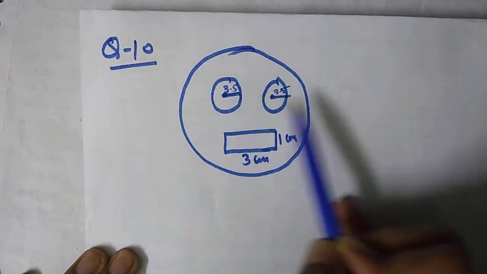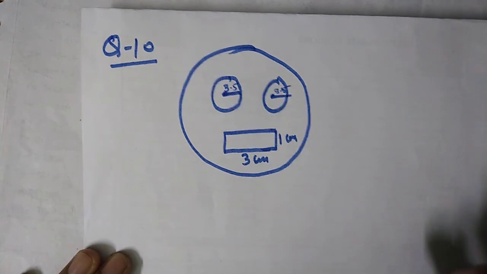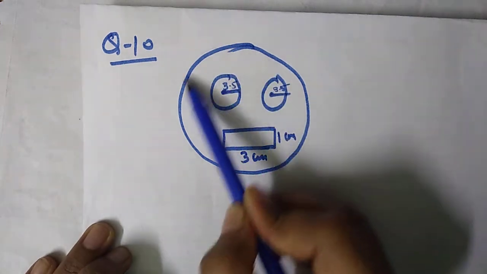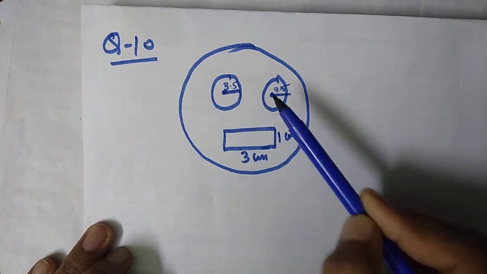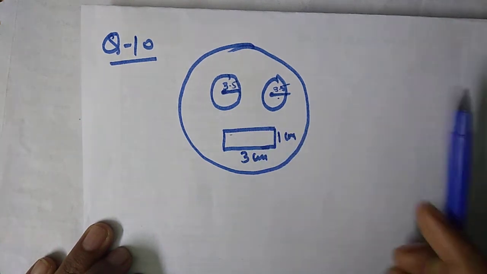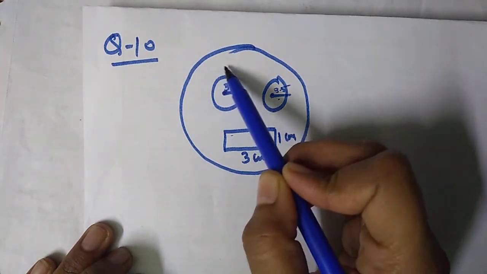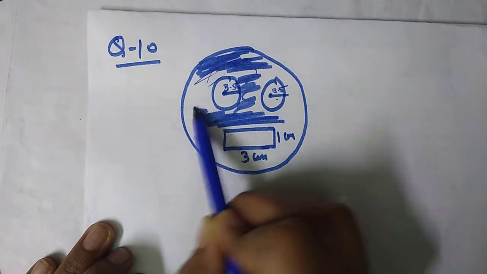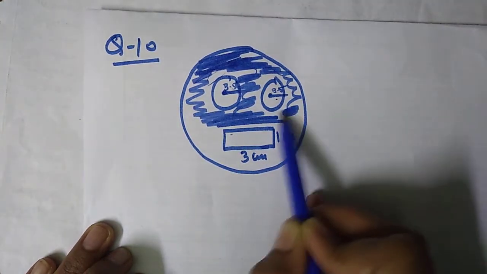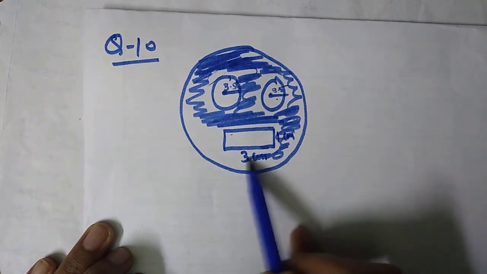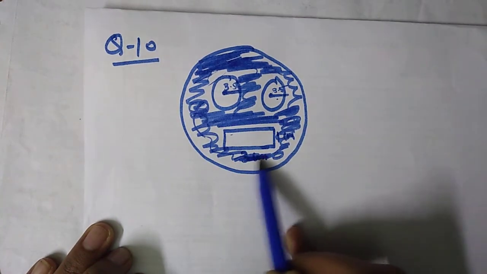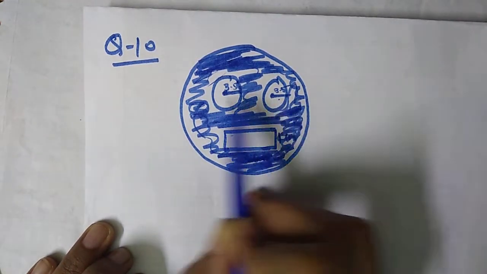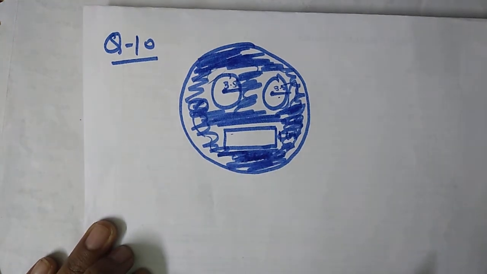Area of remaining sheet. So first we need to know which one will be the remaining sheet, which area will be the remaining one. Okay, so if this is a circle and you have taken out this small circle and this rectangle, so which sheet will be left? I am shading that portion. So this complete shaded part. Okay, I'm just giving you a hint. This is given in your question, this is given in your book also, the diagram. Okay, so this shaded part, everything is shaded except these two circles and this rectangle. Okay, so how you will find?